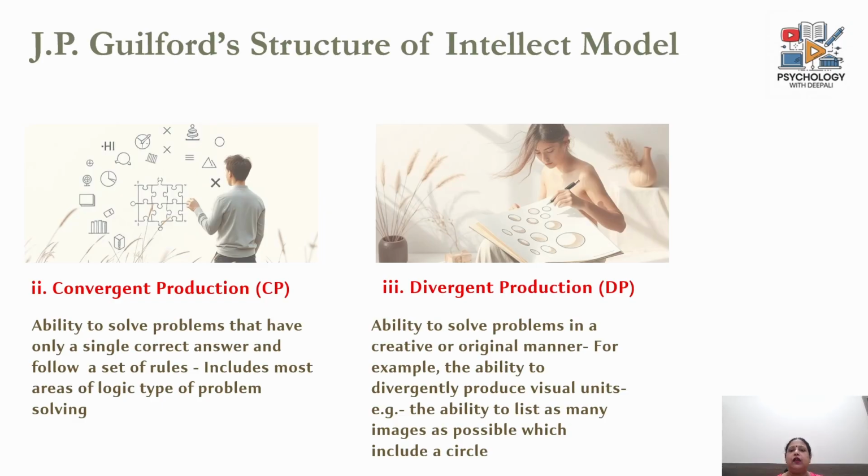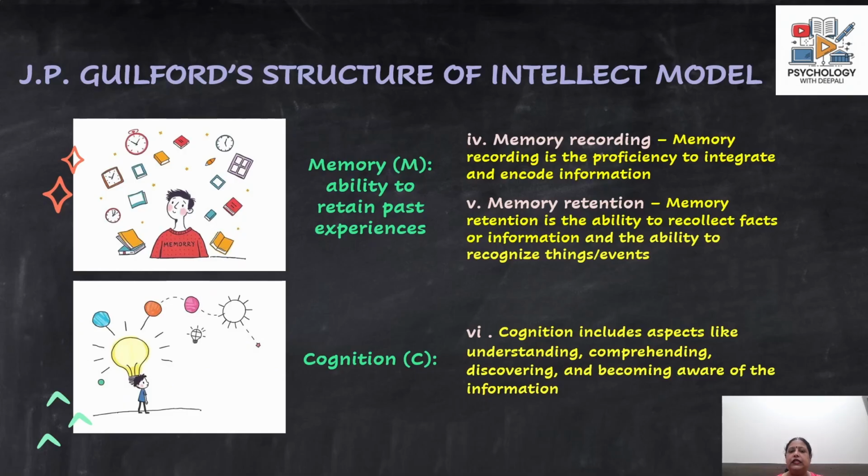Now we can think of 4, 5, 6, 10, 15, 20, or maybe even 100 different objects which include the shape of a circle. So the more different and the more varied our answers, it will be assumed the more creative that we are. So the second ability or the third ability is convergent as well as divergent production. Then the fourth